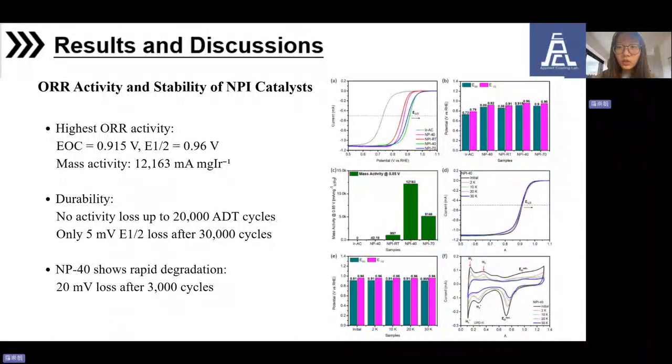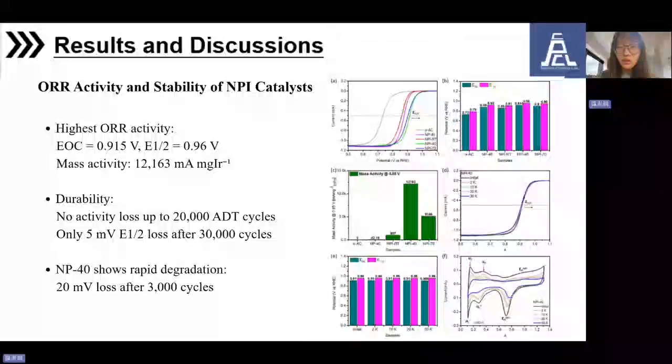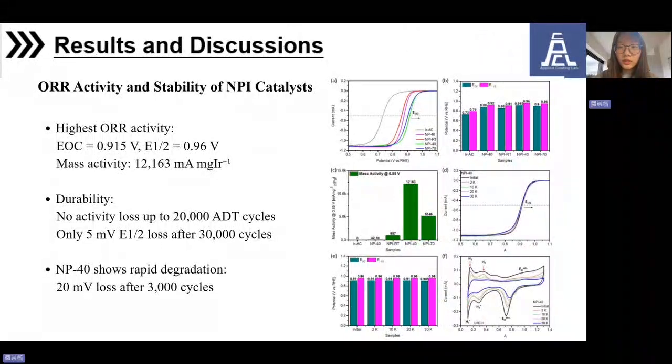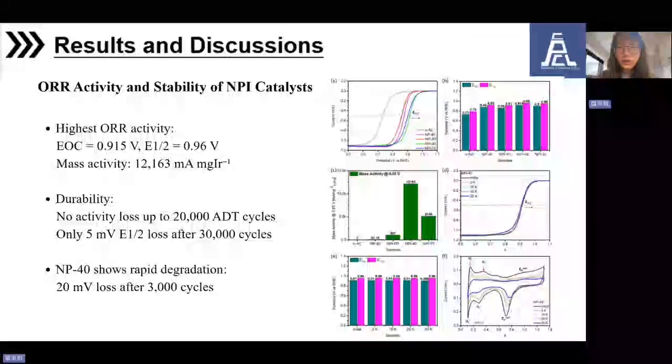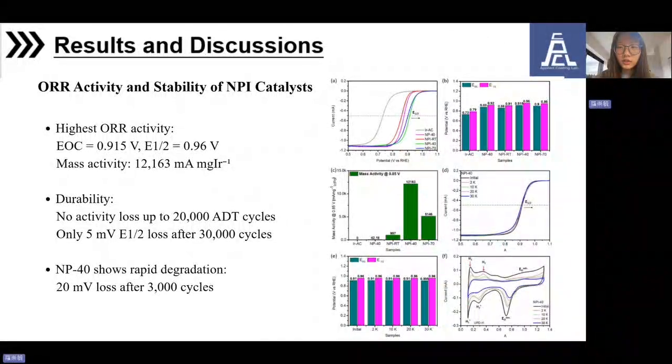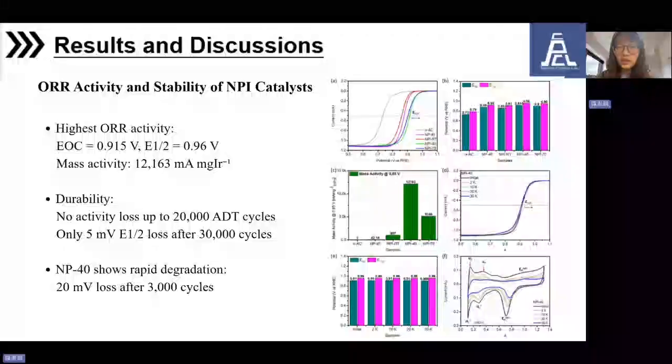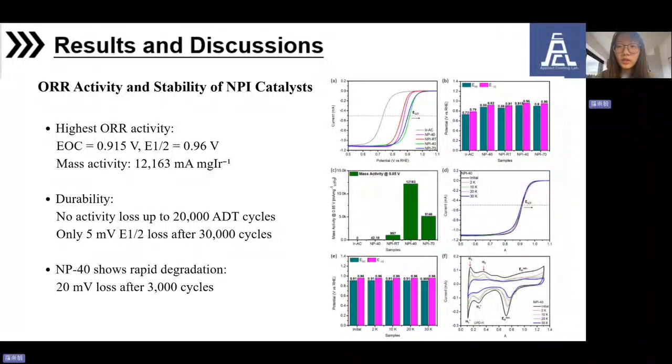When normalized by iridium loading, NPF40 achieved an extremely high mass activity of 12,163 milliamperes per milligram of iridium at 0.85 volts, which is about 181 times higher than that of the commercial platinum carbon. In terms of durability, NPF40 shows excellent stability under